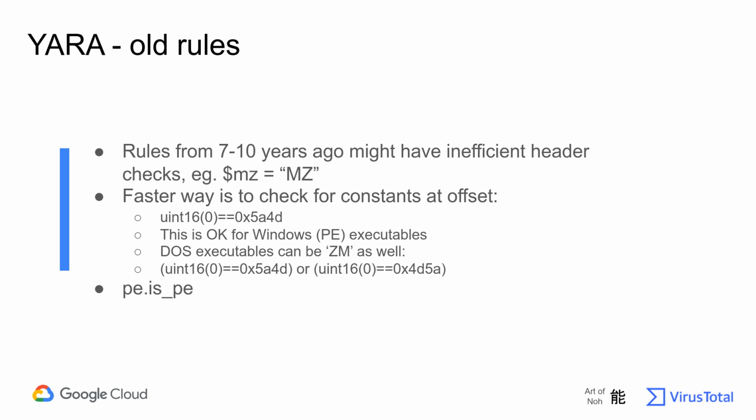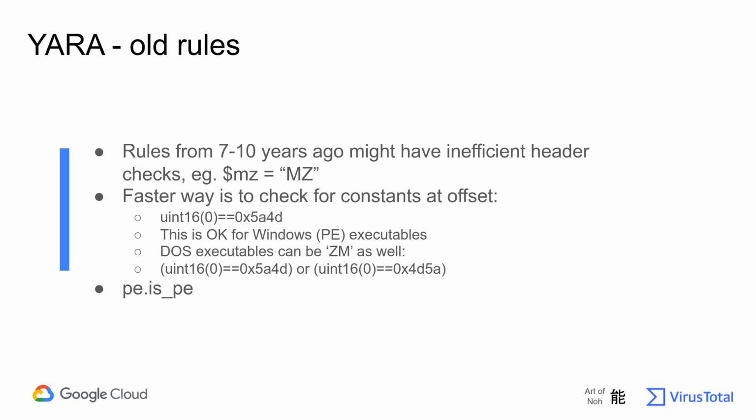Now, this $mz equals MZ may be inefficient in the sense that what happens here is that Yara produces this string $mz equals MZ, so it actually looks for this 2-byte string all throughout the file. It saves all the hits unless you're running it with the -f flag, and that can take a lot of memory, and it also can be pretty slow. So that's why over time people started using uint16 of 0 equals